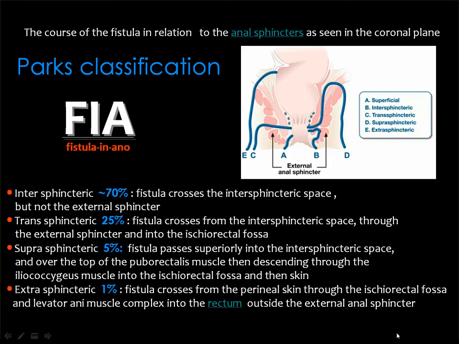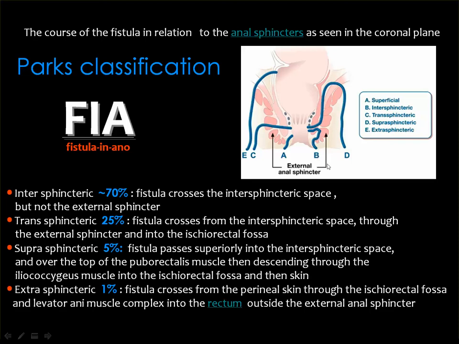Then this is the most accepted classification of the anal fistula, which is known as Parks classification, where you have 4 types of the fistulae. The most common one is the fistula going between the sphincters, between the internal sphincter and the external sphincter, and this is what is known as intersphincteric, which is the most common, about 70% of the fistulae. Then the transsphincteric, which is less common, and this is the fistula which goes across the internal and the external sphincter